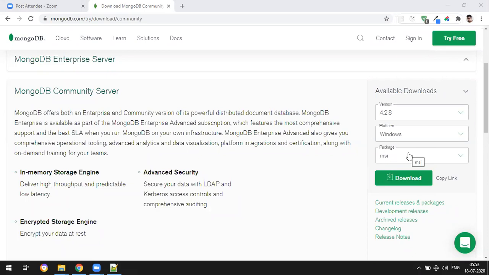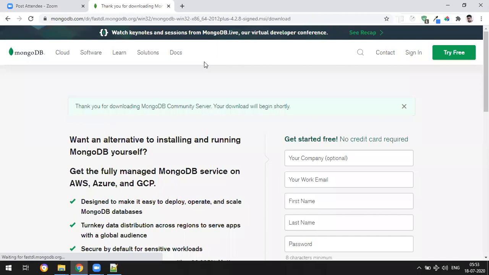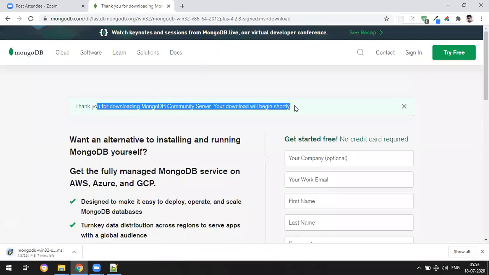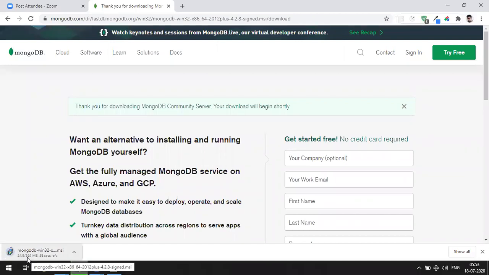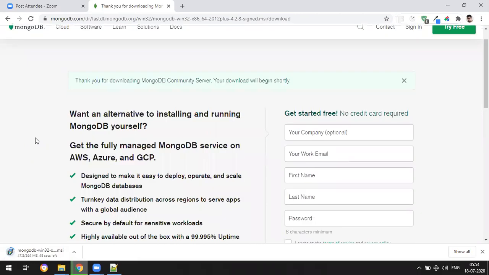If you select Mac OS, you will get something else. Once you have done this, just click on download. It will be downloading shortly. It's around 264 MB. Again, it's a huge software. Fine.